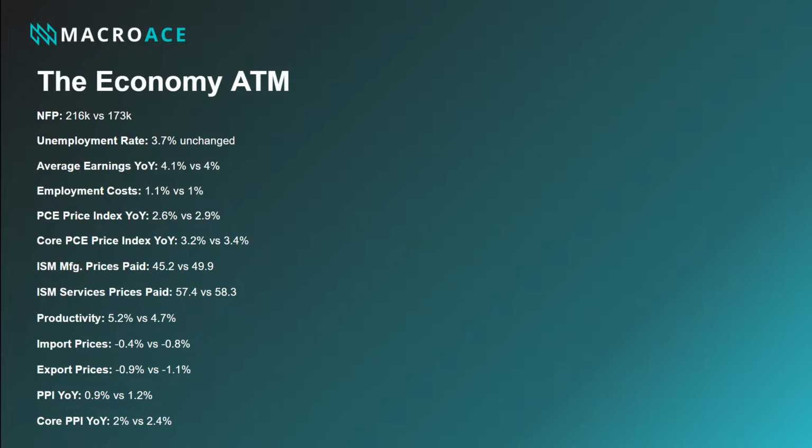And overall, with the PC price index data, you are seeing that gradual decline, and the prices that manufacturers and service providers are taking on are also seeing a bit of a decline as well. But it depends on how much of a decline we get today, as the year-on-year is expected to tick up to 3.2% compared to the prior of 3.1%, as is the month-on-month data, which are the two headline figures, excluding the core data reads.